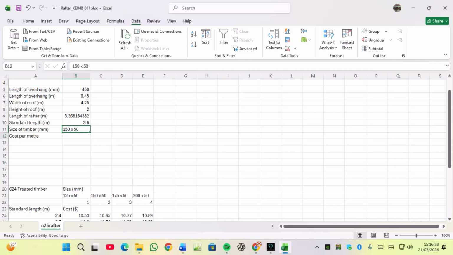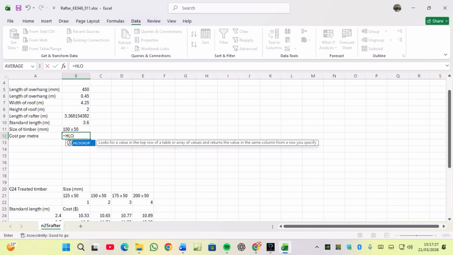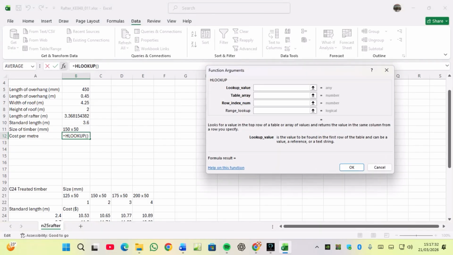So I want to put a formula now. If I choose this timber here, which is in column 1, 2, 3, I should get 2. If I take this one here, it will be column 2, CS timber treated. If it is this one, these things are arranged horizontally, so I try to believe if I use HLOOKUP, then I come here, so